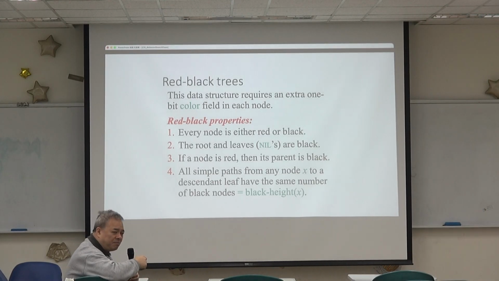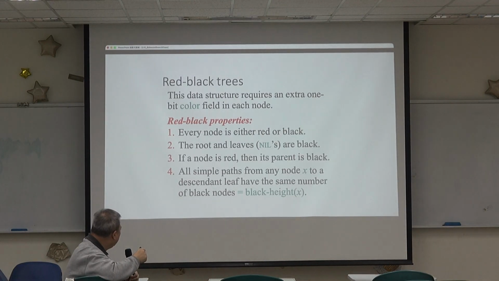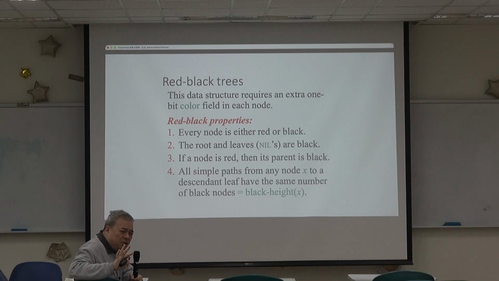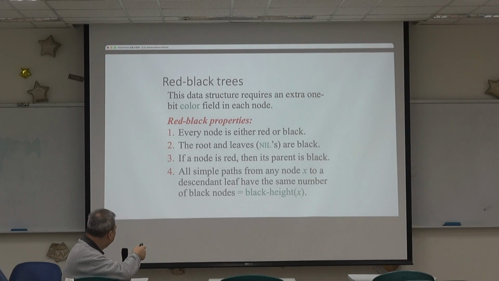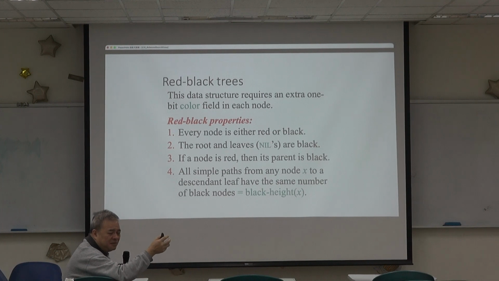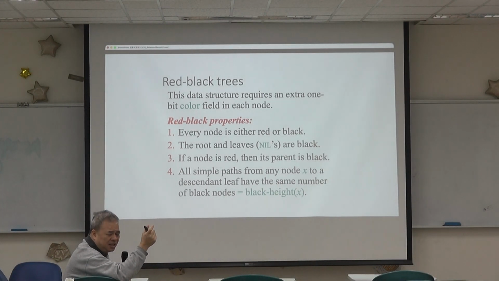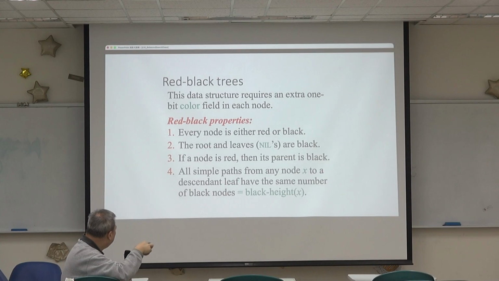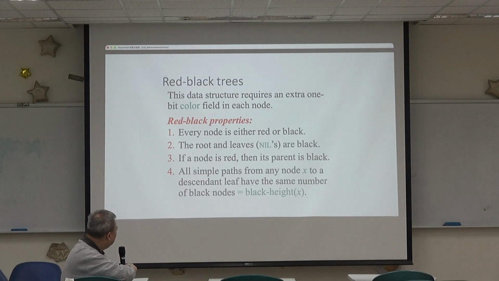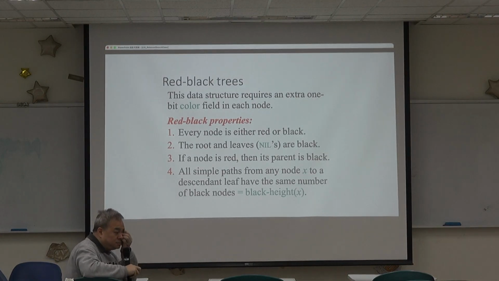So in the red-black tree, there are 4 properties you have to maintain in order to call a tree a red-black tree. First, every node is either red or black. 每一个节点，要不然就是红的，要不然就是黑的。That's the first property. The second property, the root and the leaves are black. 就是树根跟树叶是黑的。